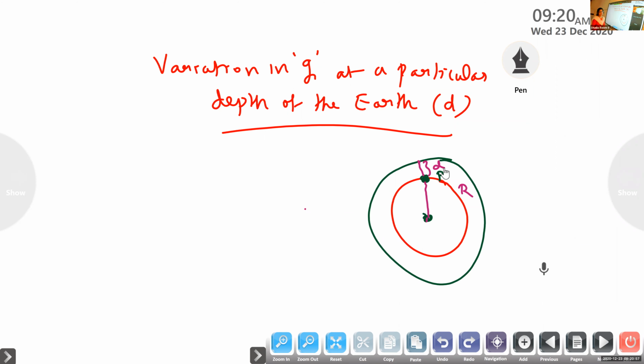For that, in order to find out the depth, we have to find out the density of the earth, because we have to consider how much deep it is. So write down. To find the acceleration due to gravity, g, at a depth d below the surface of the earth,